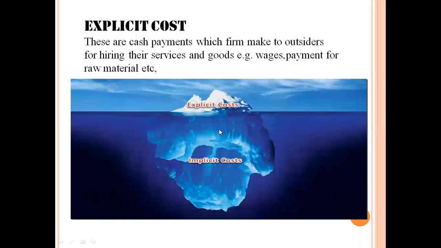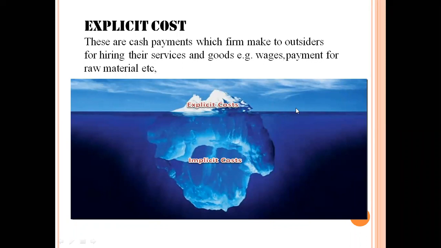ध्यान रखो, देखो प्रोडक्शन प्रोसेस के दौरान whatever expenditure we are paying to outsiders is ultimately known as the explicit cost, right? For example, I am using the electricity service, ध्यान से सुनना, I am using the electricity service and I am paying the electricity bill to the government. That is the explicit cost. Why is this explicit? See the term explicit, which means where I am paying the money to outsider, that is the explicit cost.